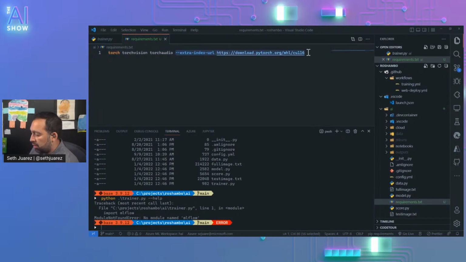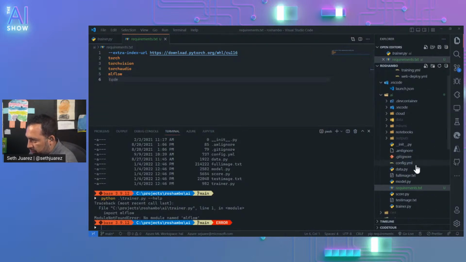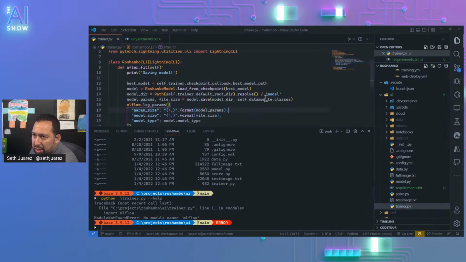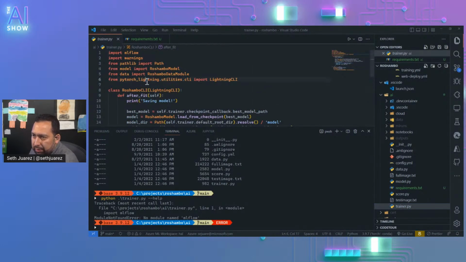For those that don't know, you have to put this in there here. Like that. And okay. Obvi, we need MLflow. Looks like we also need PyTorch Lightning, right? Because that's what we're using here in our trainer. You can see that. PyTorch Lightning. I wonder how we pip install that.